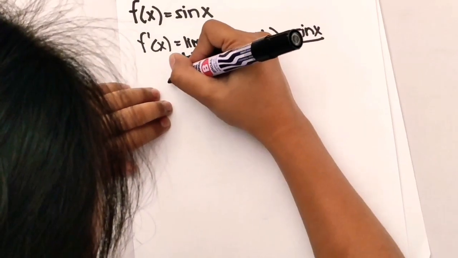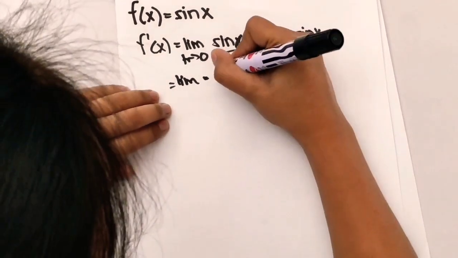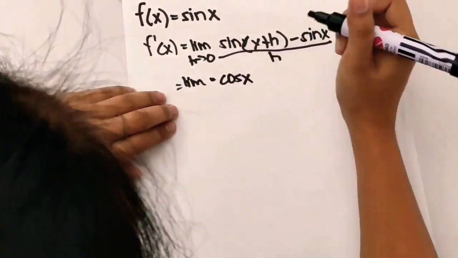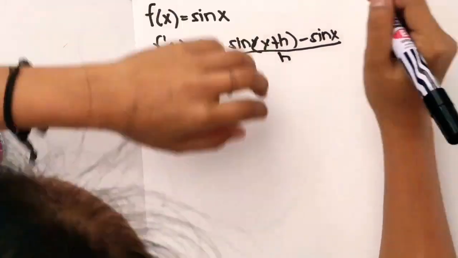So we're gonna expand it. Limit of cosine x, and the cosine x is from the derivative of sine x